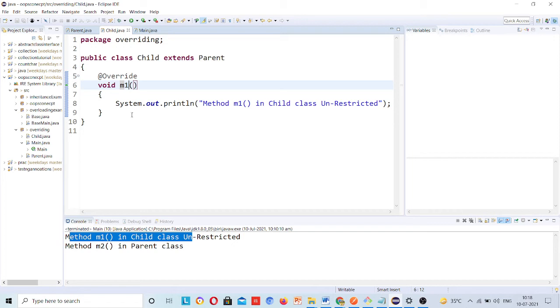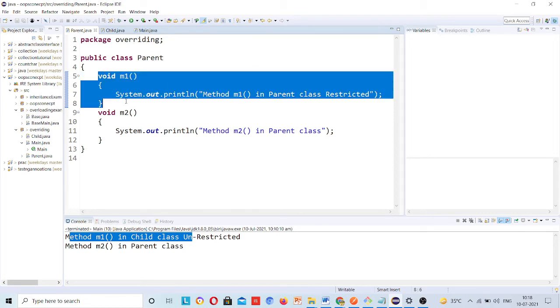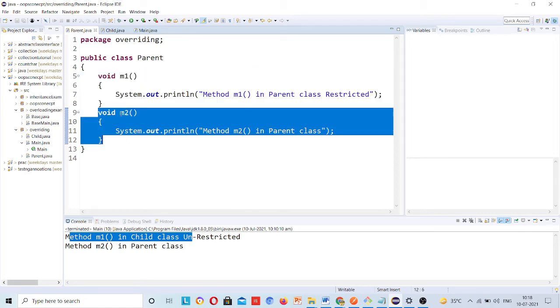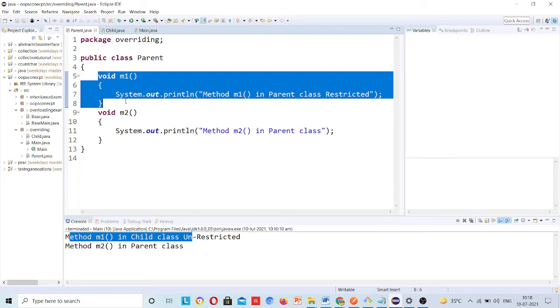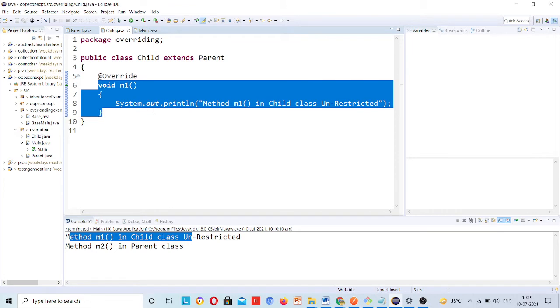See, here I have to explain what overriding is. So what I have done is created two methods, m1 and m2. Now I am trying to override this method. Overriding means the method name should be the same. Just like in overloading we have the same method name, but extra parameters come in, or some parameters are reduced.